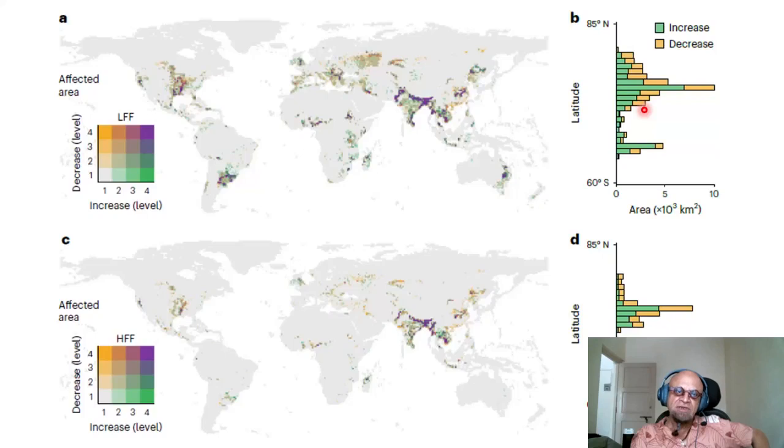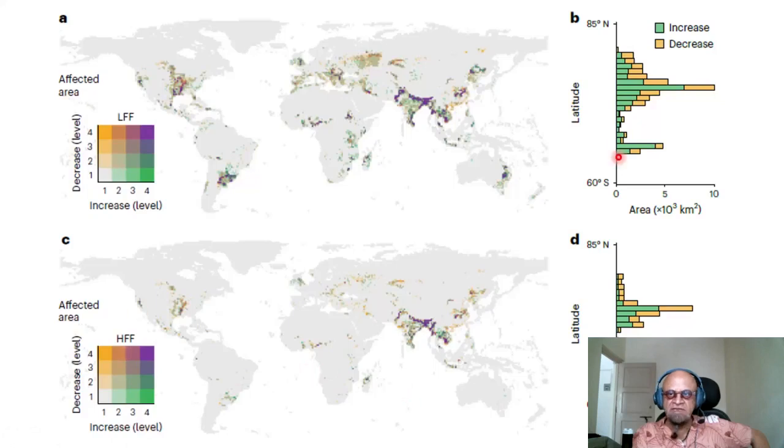Are frequencies of LFF and HFF changing in different latitude bands versus cropland areas? Because this will depend not just on floods but on how much cropland is there and how the croplands themselves are changing in terms of increasing versus decreasing. So you can see that in this latitude band there is much more increase in cropland area than decrease if you take the average, whereas in these regions there is neither a decrease nor an increase. Okay, and we said at higher latitudes there are issues, so they had to do some adjustments for the data as well.